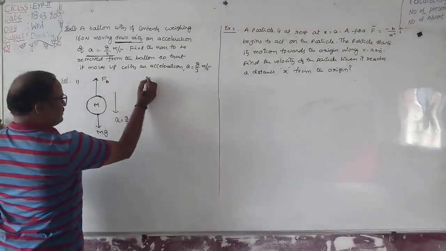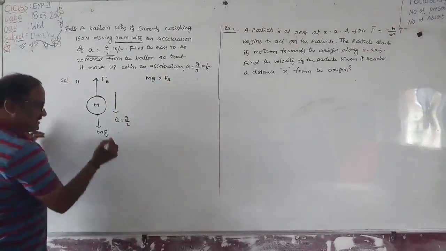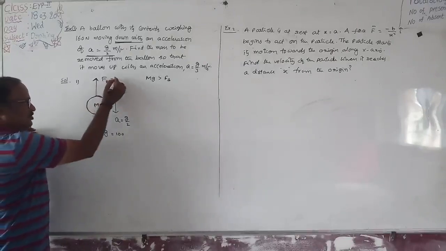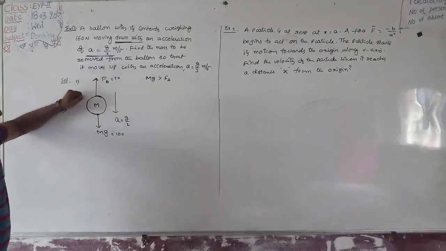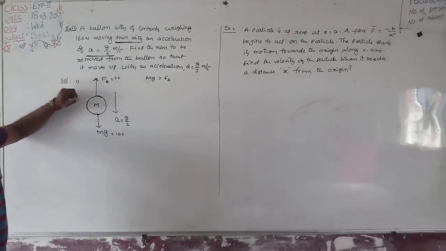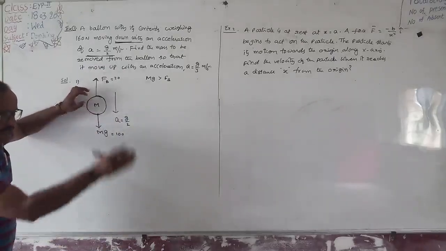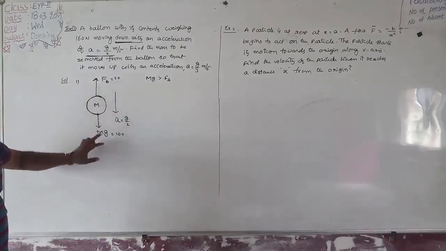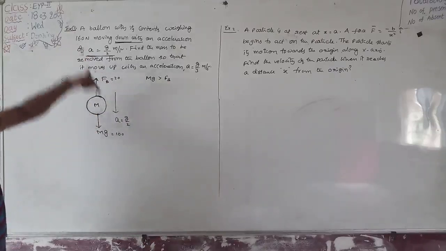so the downward force should be greater than the upward force. Therefore, mg is greater than Fb. Suppose mg is equal to say 100 newtons, Fb is equal to 20 newtons, right? These two are unequal. If these two are equal, what happens? The balloon may be at rest or moving with uniform velocity, and uniform velocity relates to acceleration a equal to 0. mg should be greater than Fb, so there is a net force acting in the downward direction.